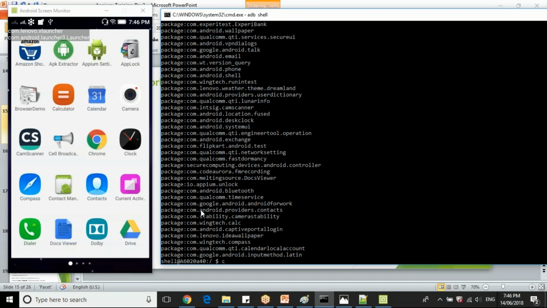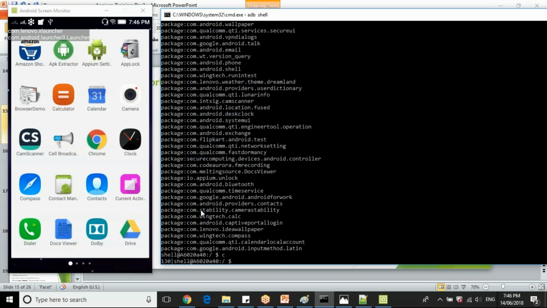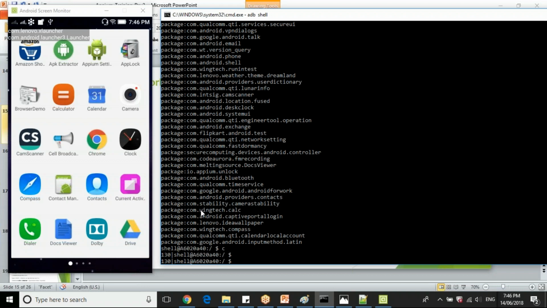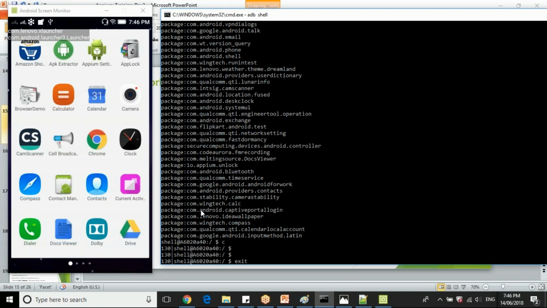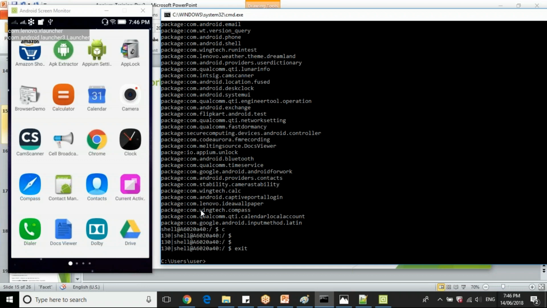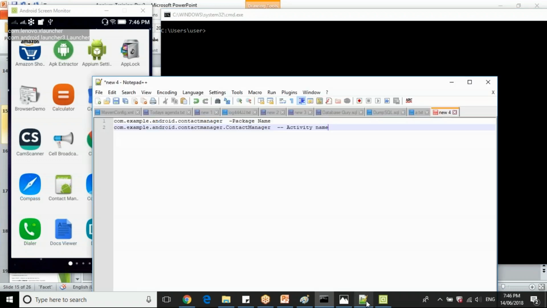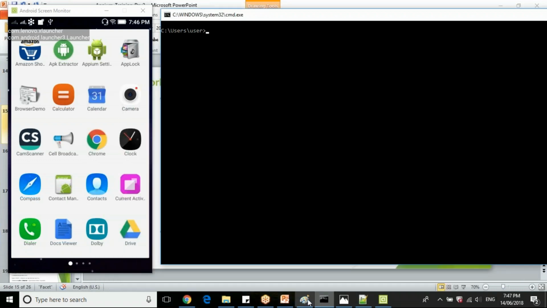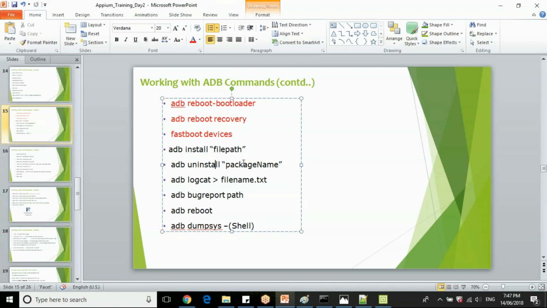Now, let me exit from the shell. If you want to uninstall this application, use ADB uninstall and the package name. What is the package name here? We have noted it in Notepad++.